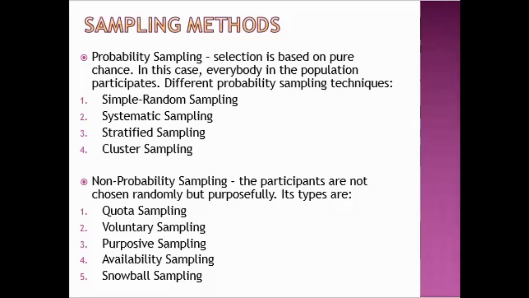The fifth type of non-probability sampling is snowball sampling. Snowball sampling is also called chain referral sampling, in which your sample have traits that are rare to find. And this is a sampling technique in which existing subjects provide referrals to recruit samples required for a research study.